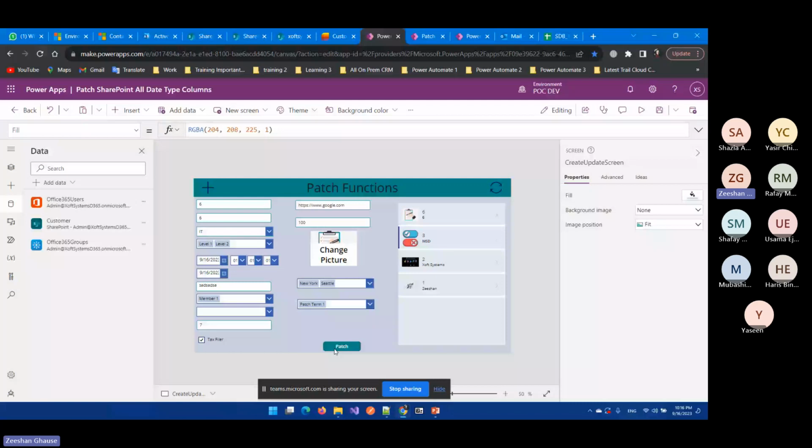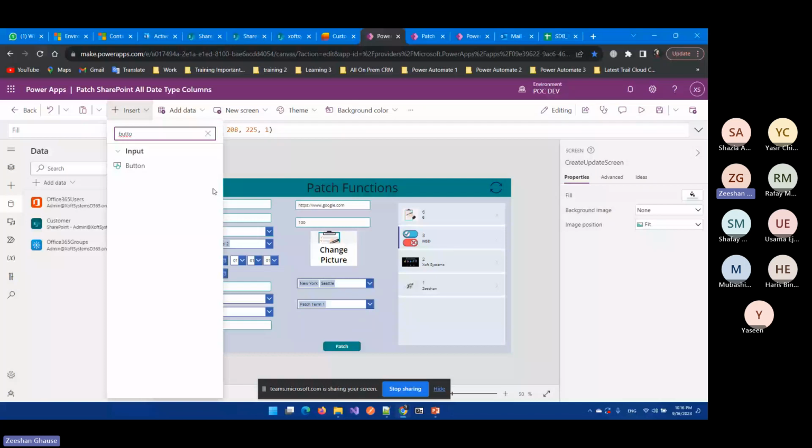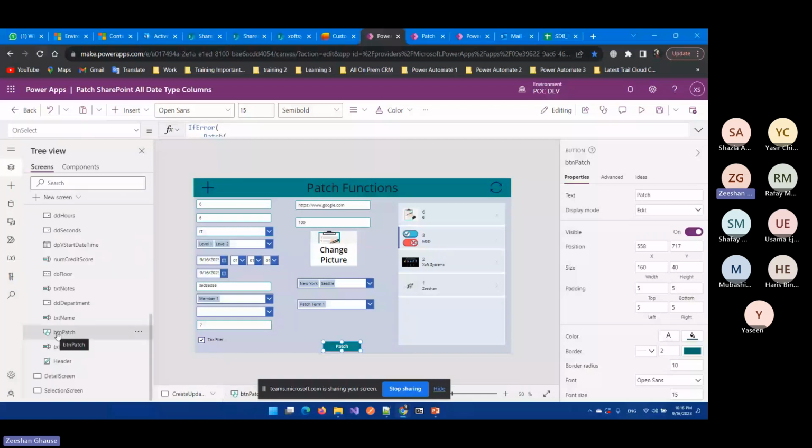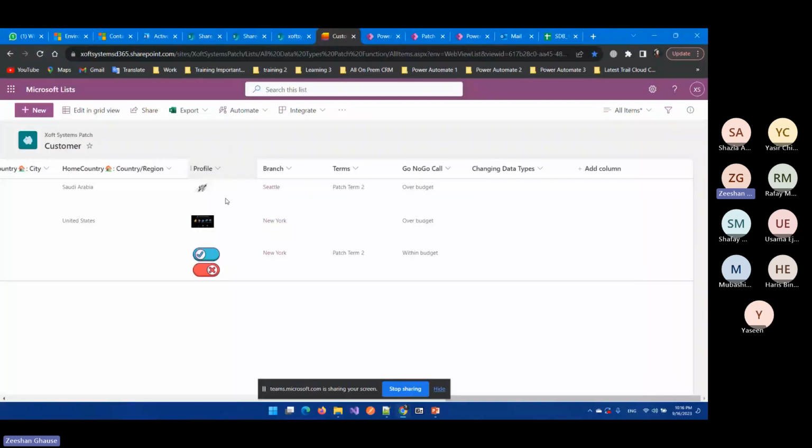Once you click here, it will be added here and you can drag and drop it here, and you can rename it. In the hierarchy, I'm giving the name btn patch, meaning this one button, with btn as a prefix for the patching. And now we are going to patch the data from these fields inside the SharePoint list. Okay, so